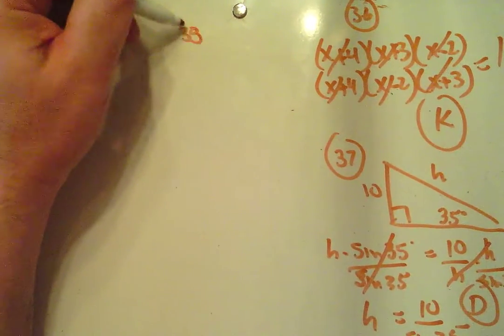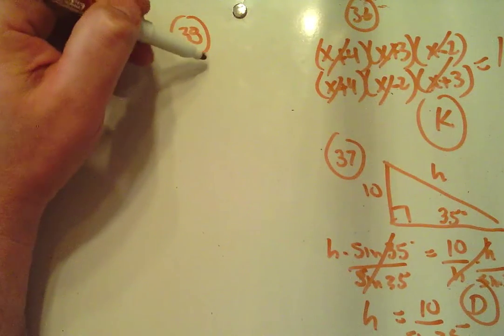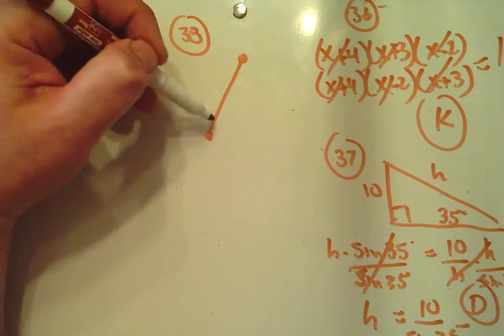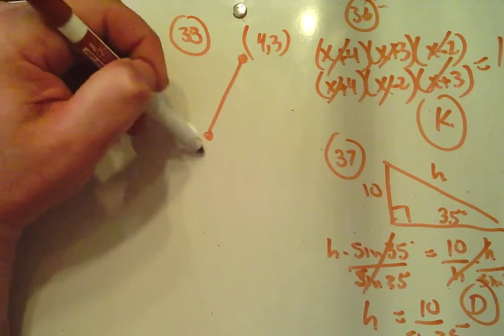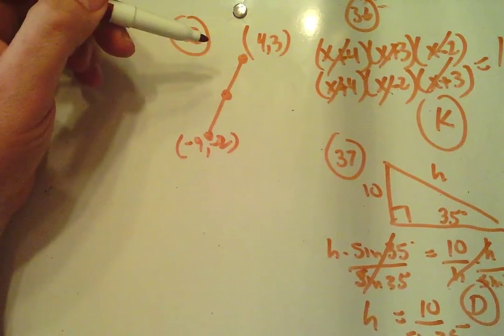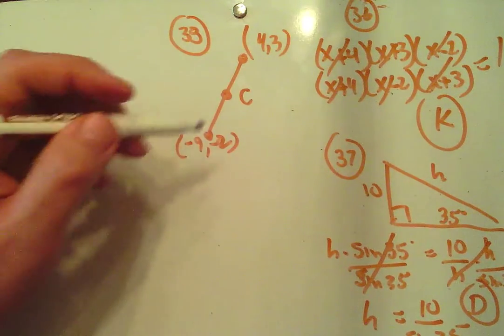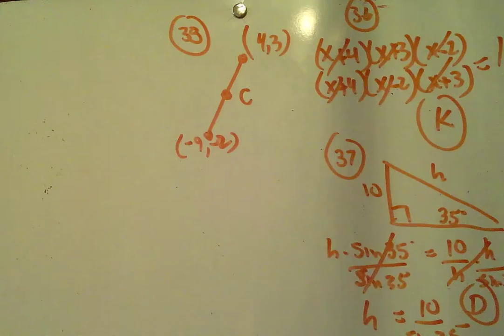38. 38 says, what are the coordinates at the center? You know the endpoints are located at 4, 3, and -9, -2. We know that halfway across this segment would be the center, and so we know we need to use the midpoint formula. We actually did a problem remarkably similar to this back in August on the second day of school